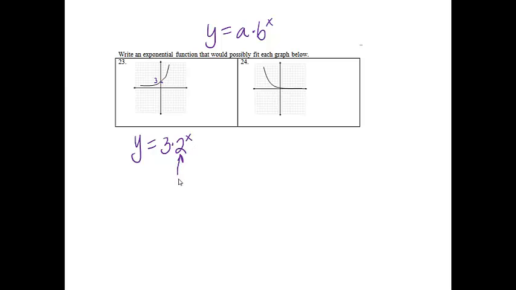This number could be anything bigger than 1. So it could be 1.5, it could be 7, whatever you pick. Okay. All right, the next one, this one, it looks like it's starting at 1, so I'm going to have